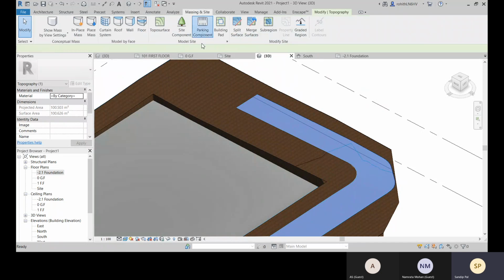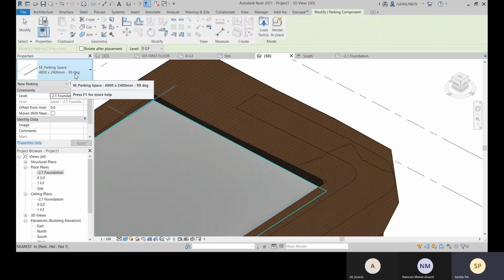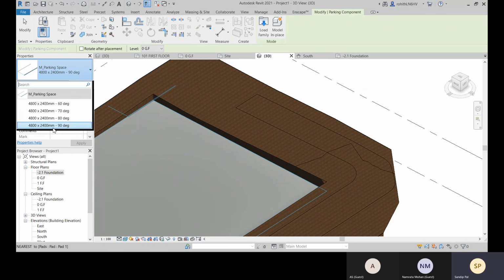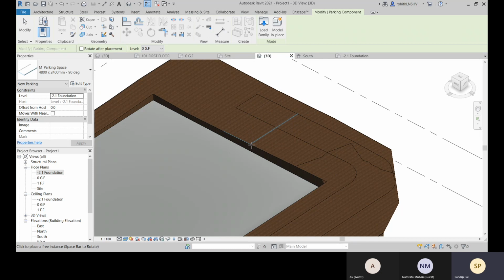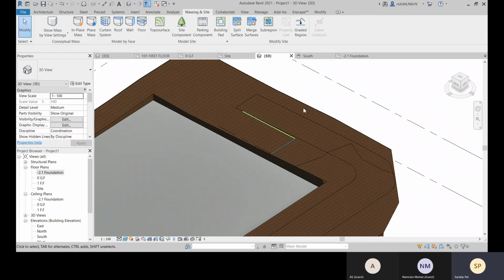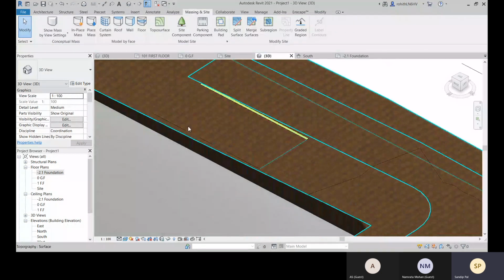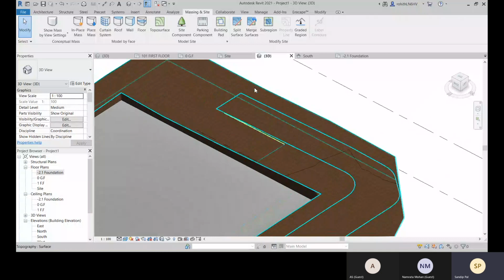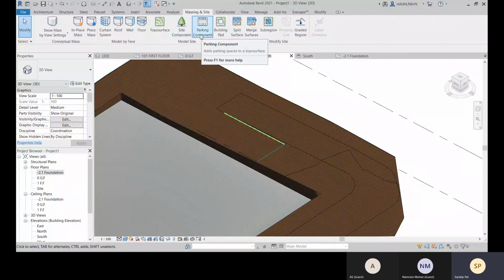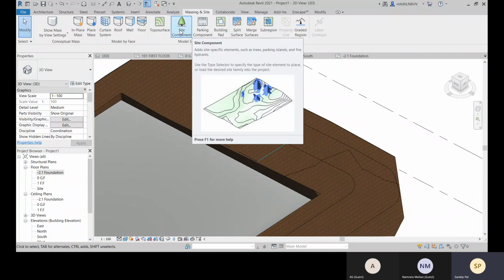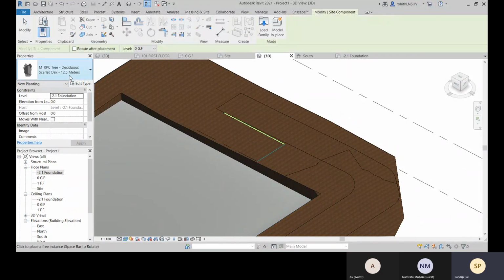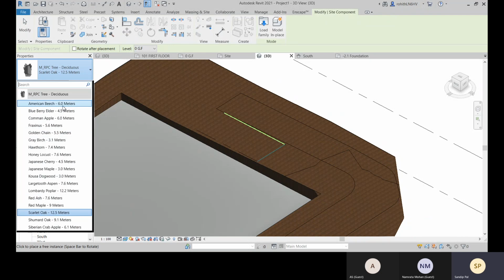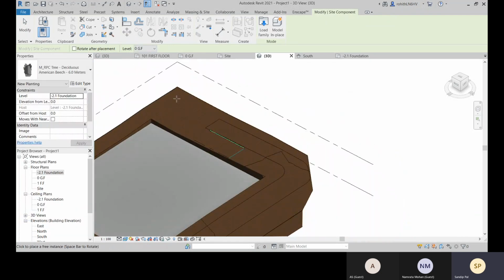Come to this massing inside and you can go for this parking component, and this is already created, so you can choose which one you want to go with. Accordingly you can place, so you can just go with this, and this is placed. So you can place your parking components, and if you need to place any car or site components like a tree, you can go with this. So this tree you can place with this site component.